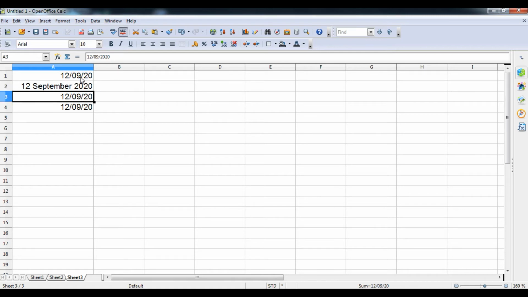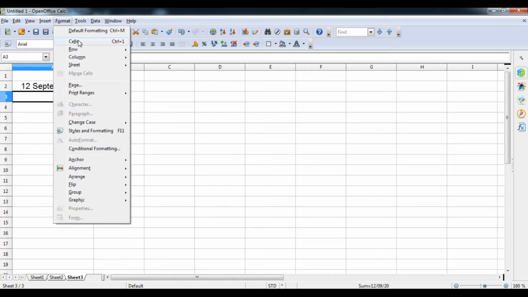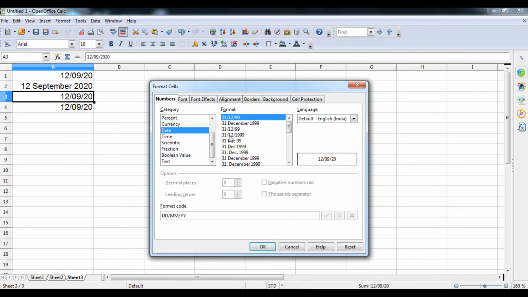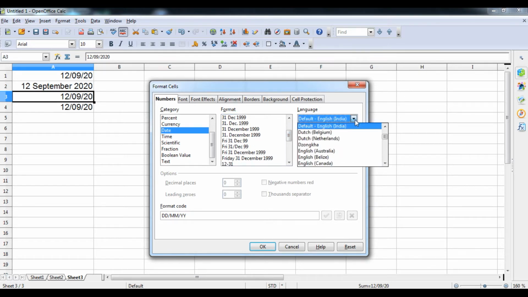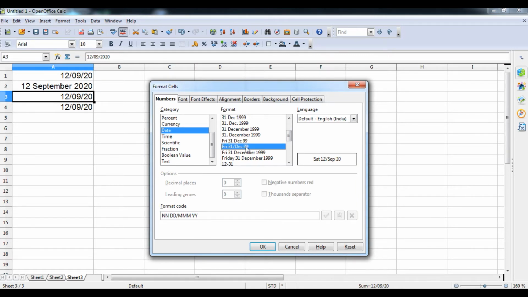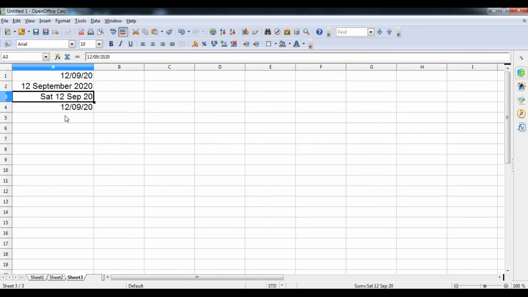And next, if I select Format and then go to the Cells option, Date is selected by default. Here if I convert it into a different form, it is India by default, that's why it is selected in a particular format. So here you can see like this also, Saturday 12 September 2020.